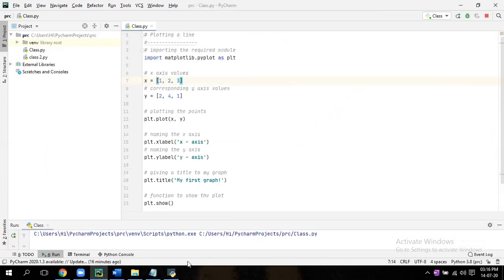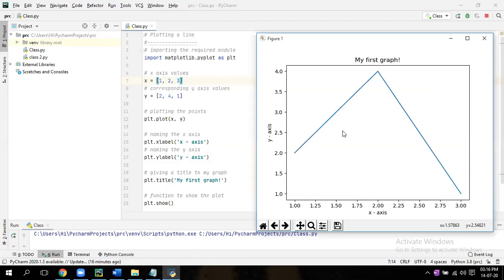Okay, fine. So here, first what you have to do is import the library matplotlib. In that library, there is a submodule called pyplot, so you write matplotlib dot pyplot. Then you give it a nickname, PLT, instead of writing it every time, like you did in math. So now, to plot a line.